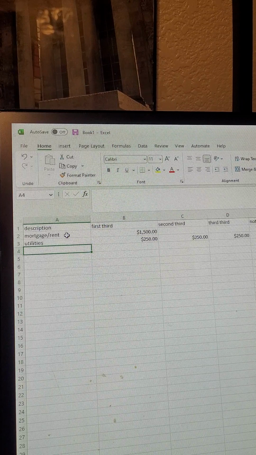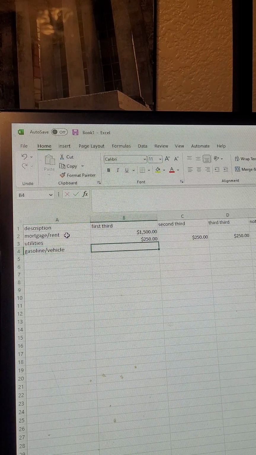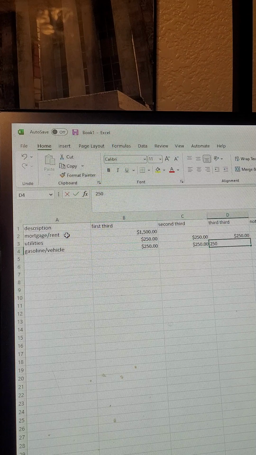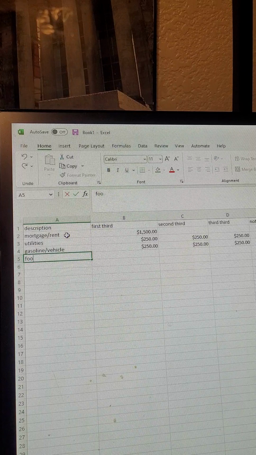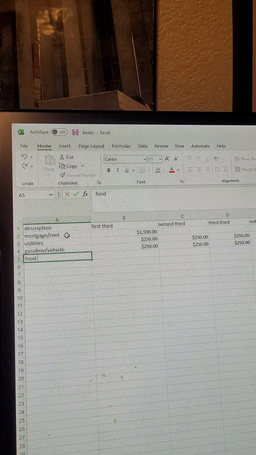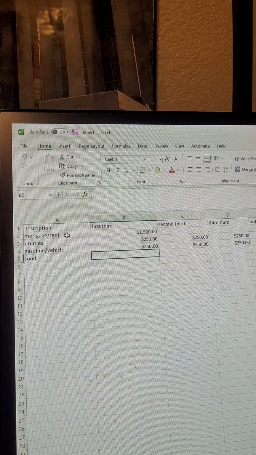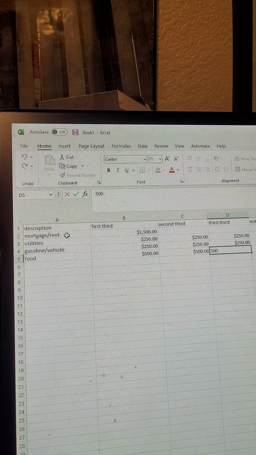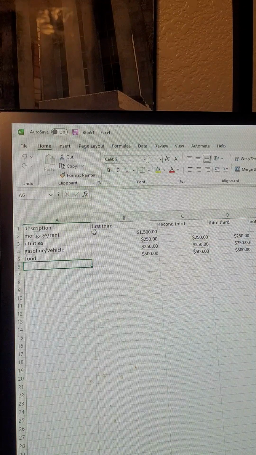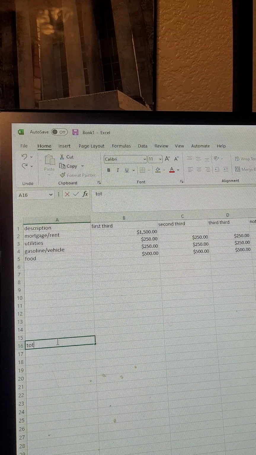How about gasoline or vehicle expenses? We'll just put $250 for that. How about food expenses? So we'll put $500 on each portion of the month there, each third. And down here we'll put total